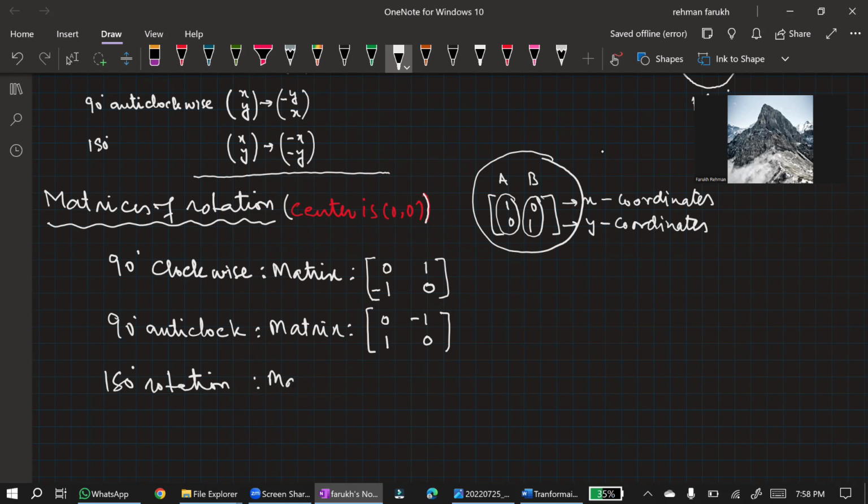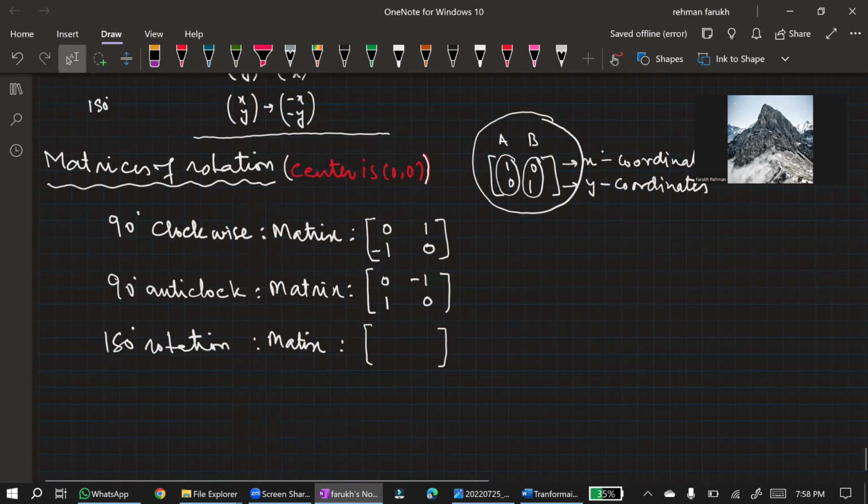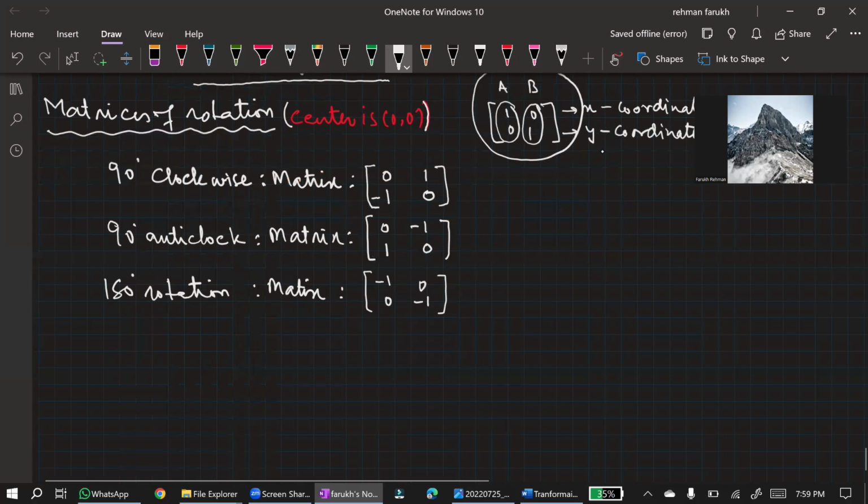For 180-degree rotation, the matrix is, we will simply change the signs of x and y coordinates. That is -1, 0 and 0, -1. These are the matrices for rotation. Now the question is,